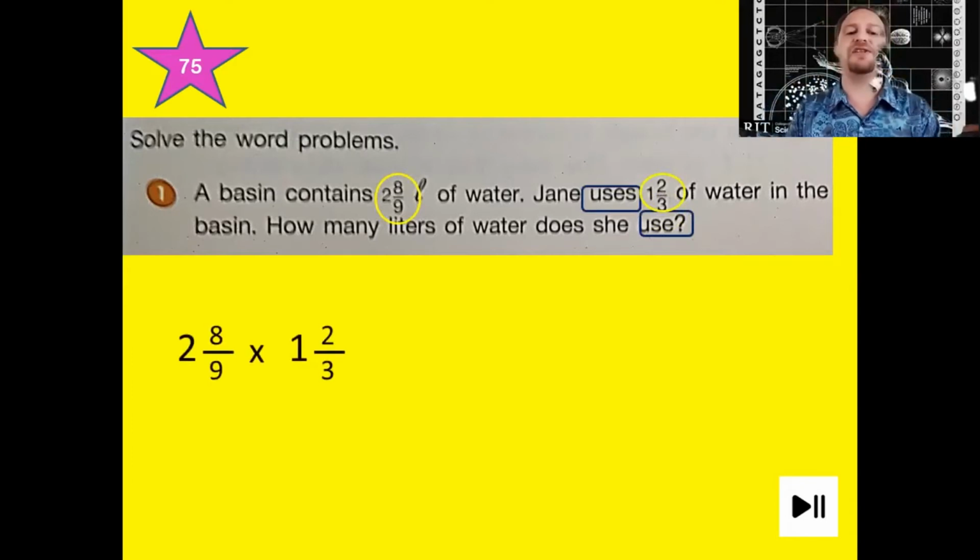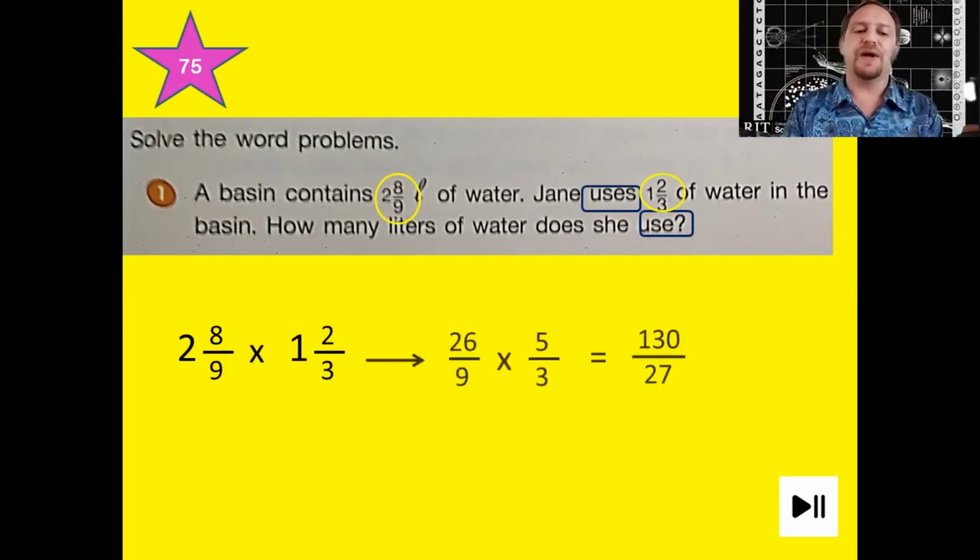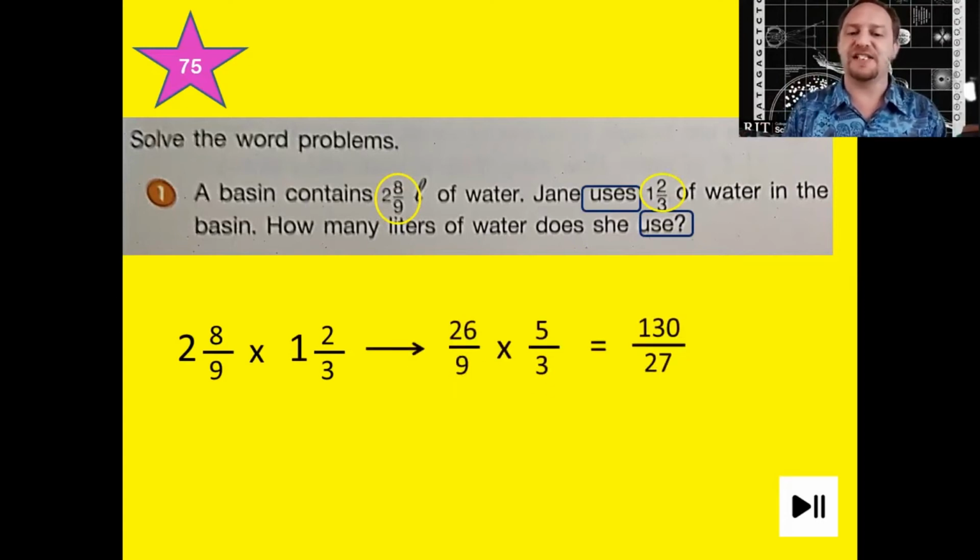Okay, so that would be 2 and 8/9 multiplied by 1 and 2/3. We'll turn the mixed numbers into improper fractions. We have 26/9 times 5/3 gives us 130/27, doesn't it? Okay, so now we're going to divide 130 by 27, which gives us 4 and a remainder